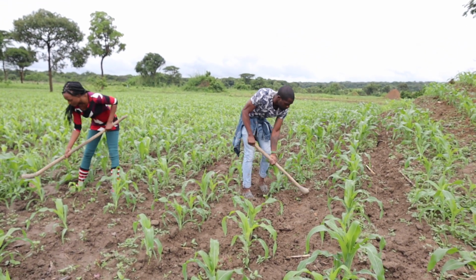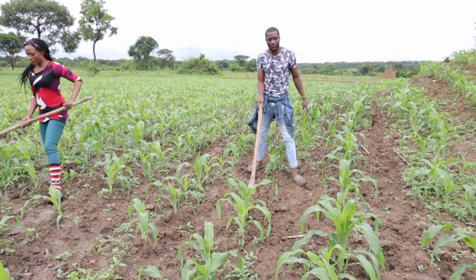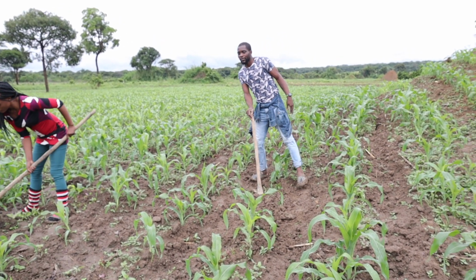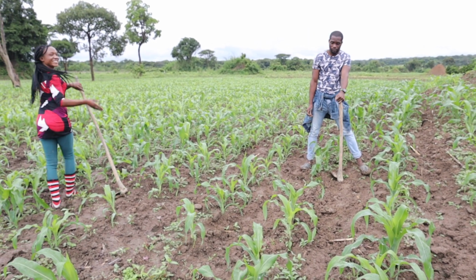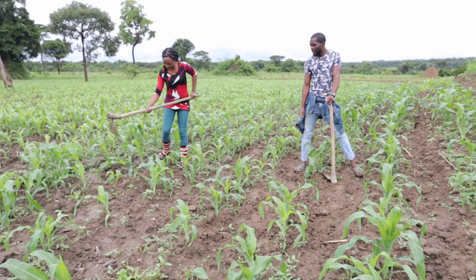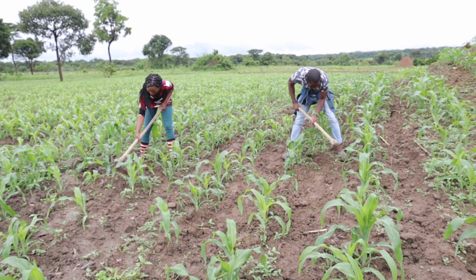You know, as I'm doing it, I've not done this in probably 5 years or so, but I'm good at it. And yeah, this is my auntie and Bella. We are in the field to make sure that the maize is done properly, then at the end of the day,